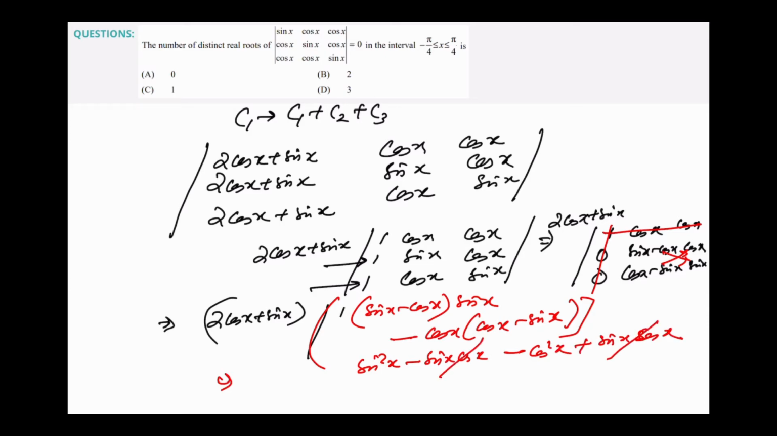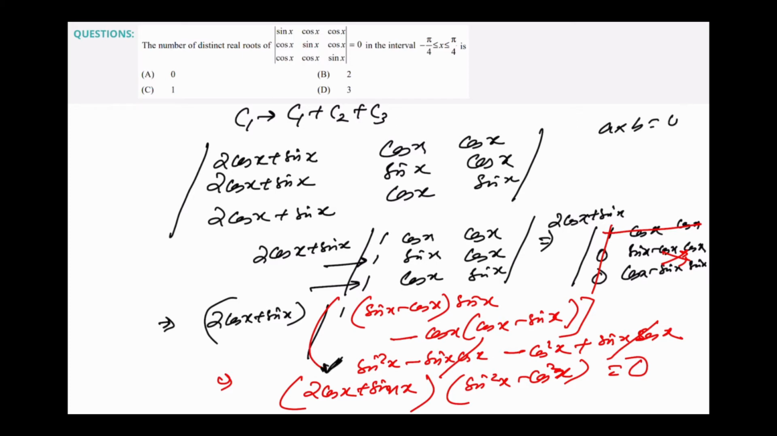Minus cos square x plus sin x cos x. So if you see, this one is getting cut. Now sin square x minus cos square x, how much, students? So we got two things, 2 cos x plus sin x, and here sin square x minus cos square x. So what we're going to do is, this is equal to 0. So we can say that either this part is 0. If the product of two things is equal to 0, we can say either the first is 0 or the second